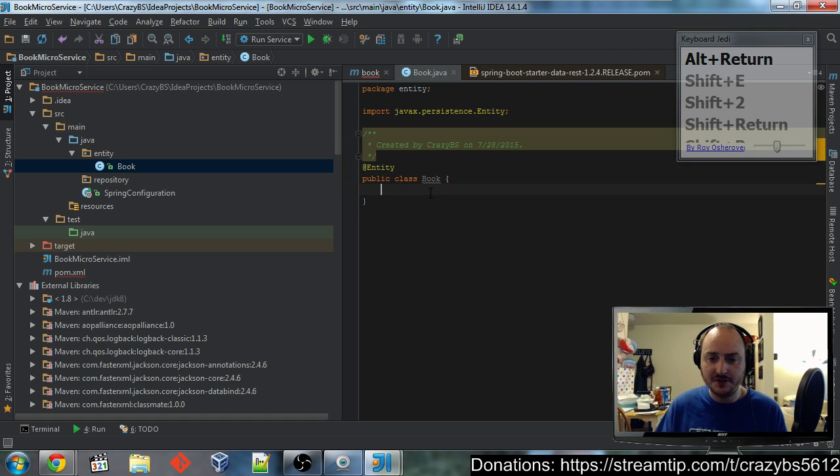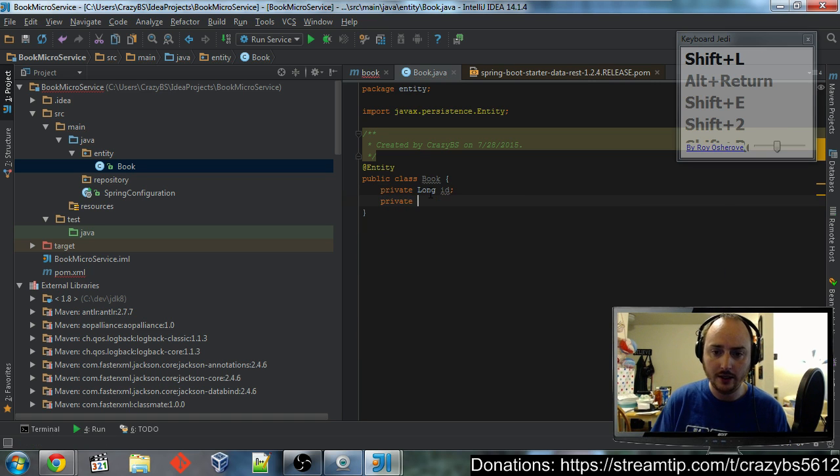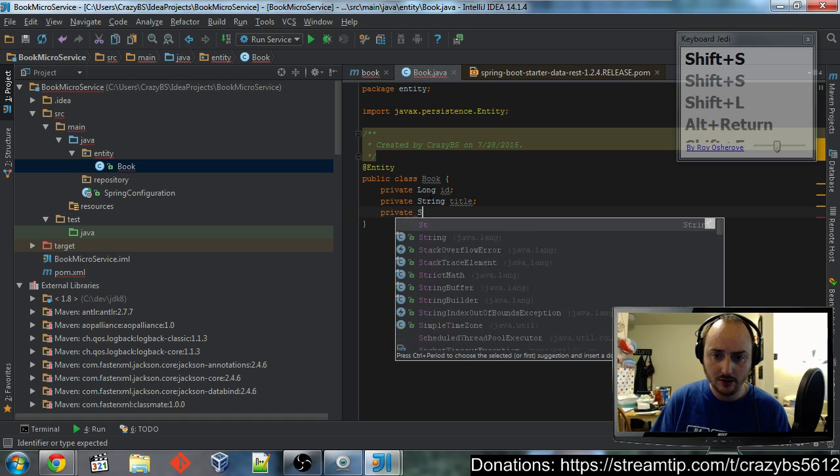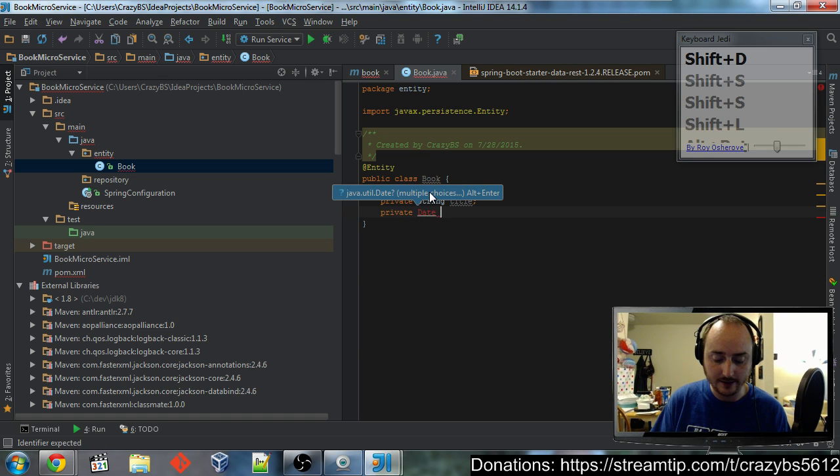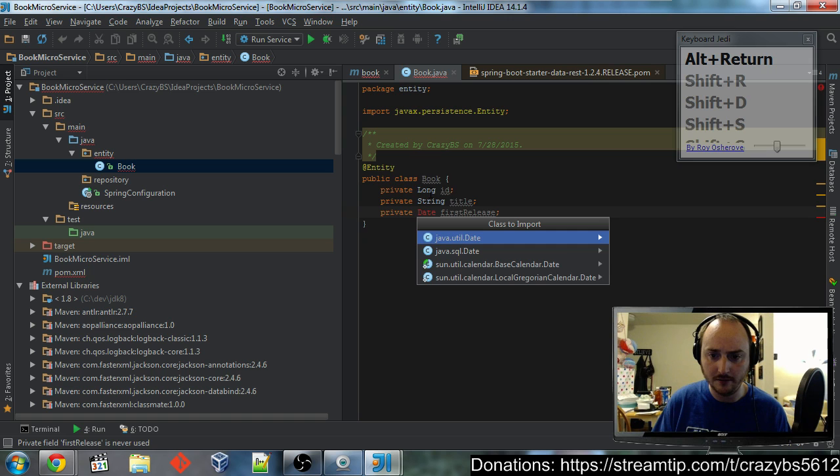from javax persistence. Always better to use the interfaces rather than the implementation. You're in big trouble if you don't, particularly with Spring and Java. Everything's got to be conventions, everything, or everything will explode. So we're going to go ahead and create a private long ID and a private string, I don't know, title, private date, let's see, first release. Heck, I might have a set of releases in a little bit, but who knows what I want